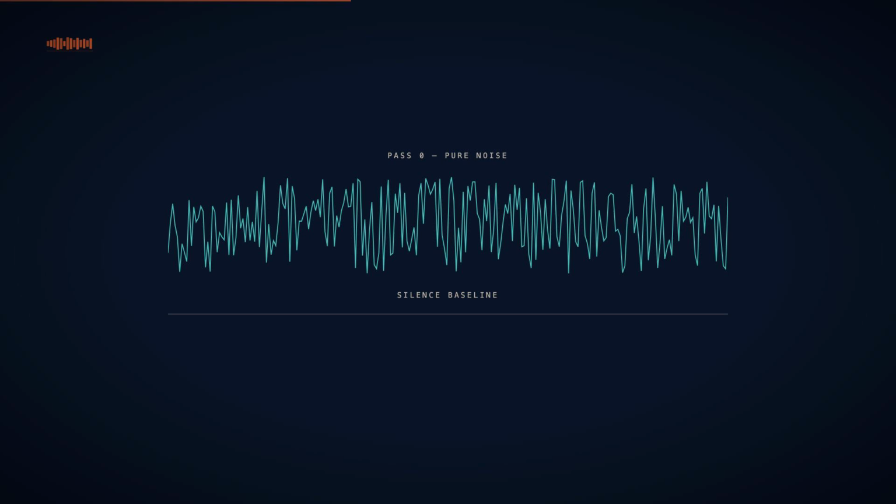Here is the modern trick. The model does not start with anything that sounds like speech. It starts with pure noise, white noise. The hiss of an old television when no station is on the channel. That noise has the right length, the right number of samples per second, but none of the right shape. How does the model know which way to push the noise?